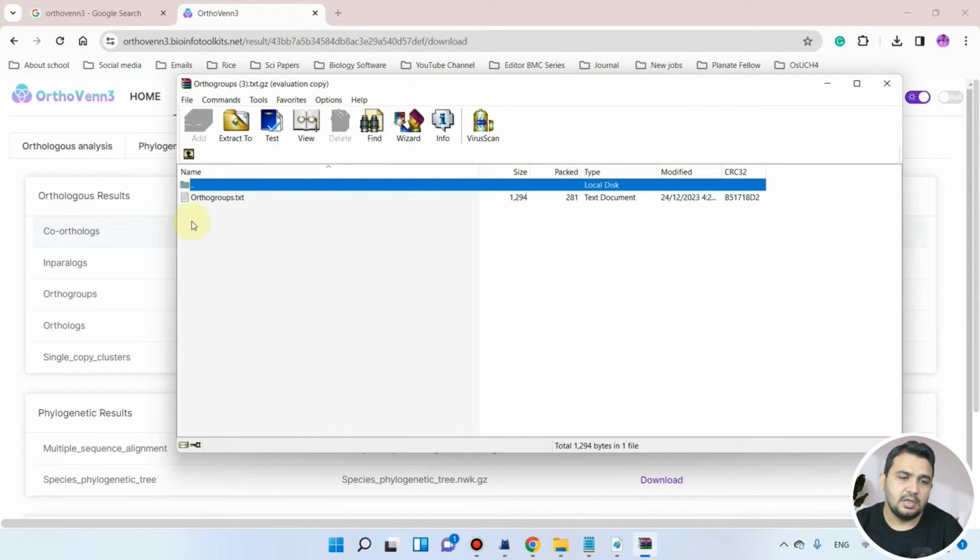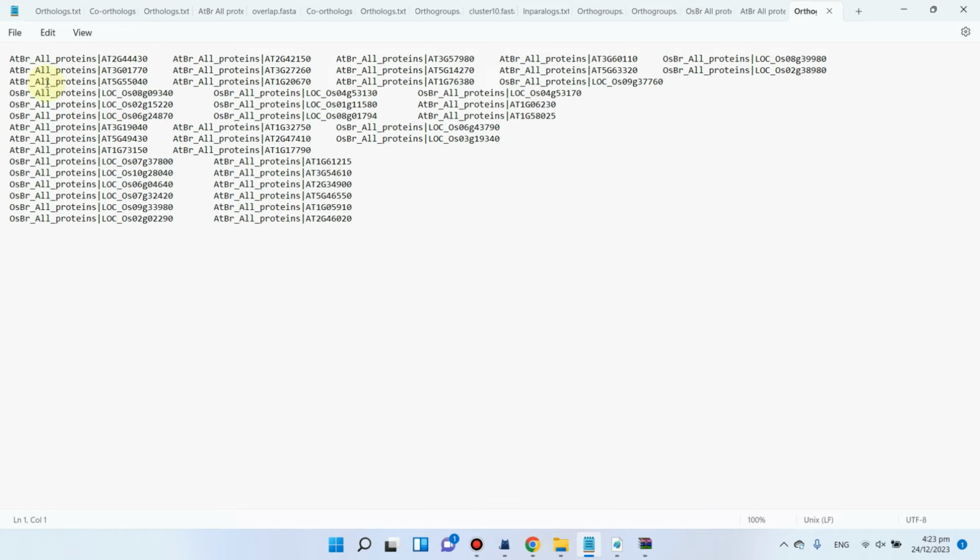So this is the G file, and here are actually the orthogroups. You can see we have downloaded the orthogroups. We can count them: 1, 2, 3, 4, 5, 6, 7, 8, 9, 10, 11, 12, 13, 14, and 15. So there are a total of 15 groups. Among them, there are 2 paralogs and 13 orthologs. Here I can tell you that both orthologs and paralogs belong to the homologous category.